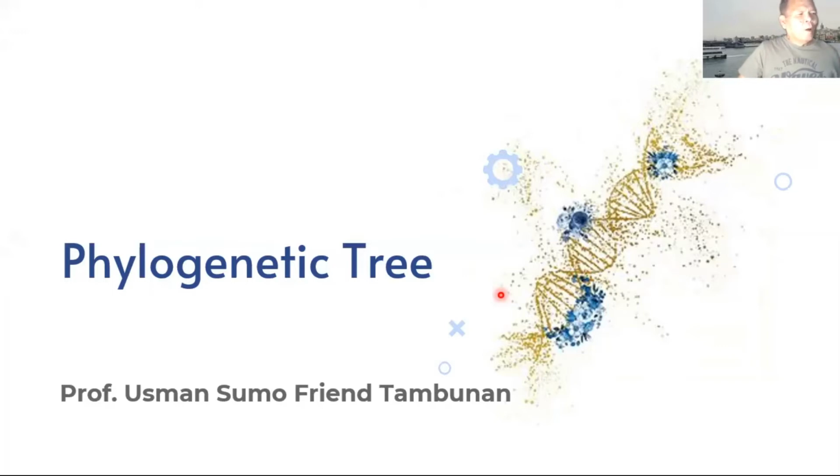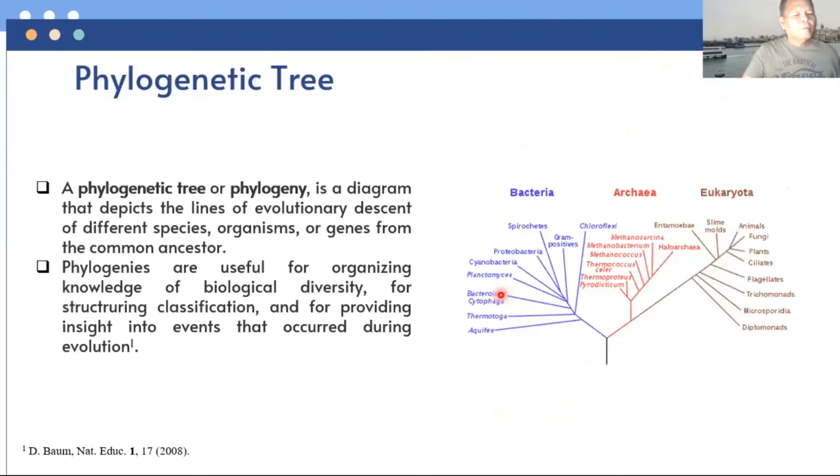This time we'll discuss phylogenetic tree. A phylogenetic tree is a visual representation of the relationship between different organisms, showing the path through evolutionary time from a common ancestor to different descendants. Tree can represent relationship ranging from the entire history of life on Earth down to individual in a population.